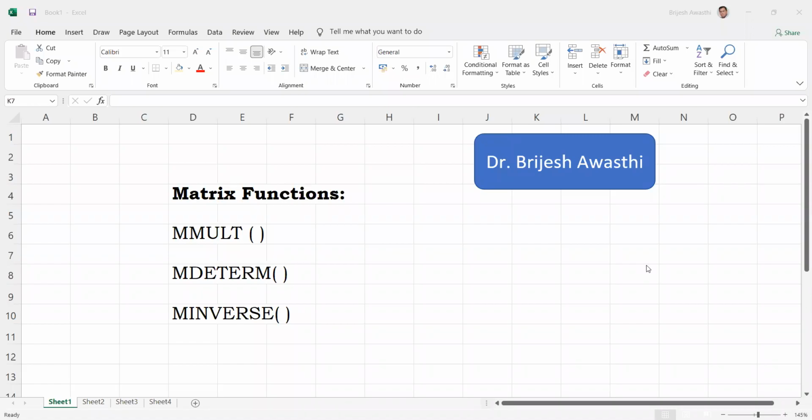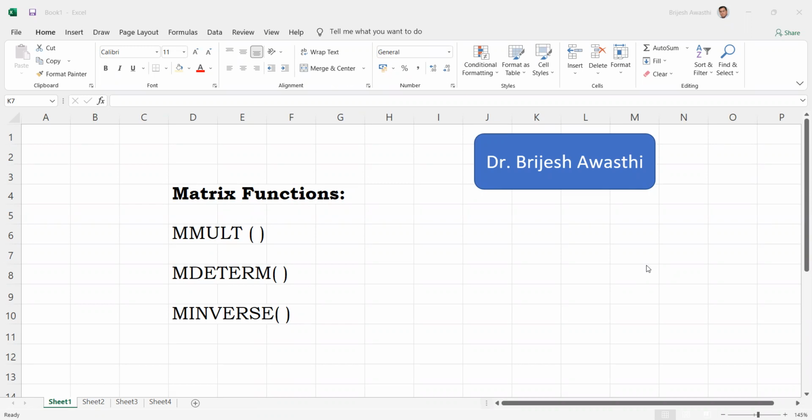Hello everyone. Excel is very much helpful in solving matrices also. Suppose you want to multiply two matrices, we have a multiplication function for matrices. If you want to calculate the determinant, that means the value of a matrix, you can calculate the determinant also. Similarly, if you want to calculate the inverse of a matrix, you can do so using an Excel